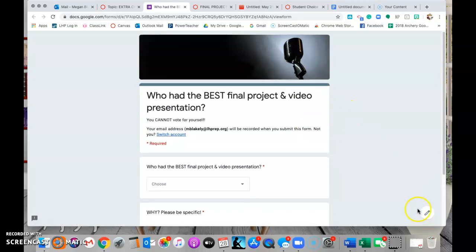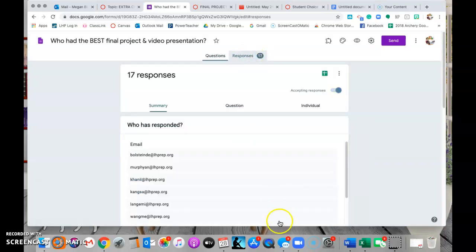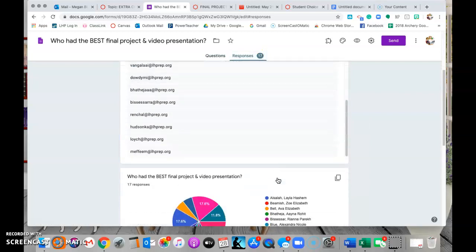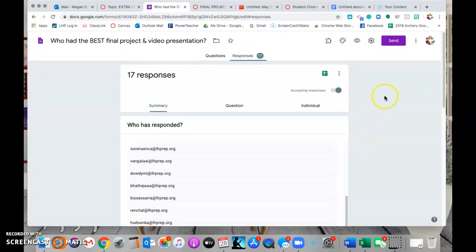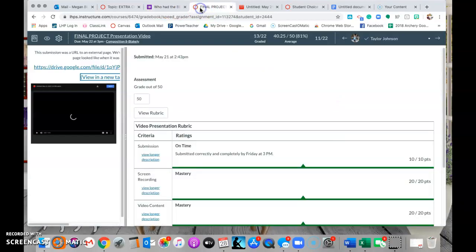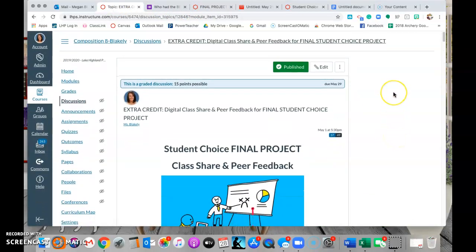And I'm not sure anybody's actually voted yet. Let's see. Yeah. And it's really neat because once the voting is done, if you use Google Forms like I do, you get these little pie charts so you can see exactly who's in the lead and winning the voting process. And I personally like to give a little award to the student who was voted best project of the year. So, anyway, that's just a little life hack from Miss Blakely that is infusing technology into your curriculum,